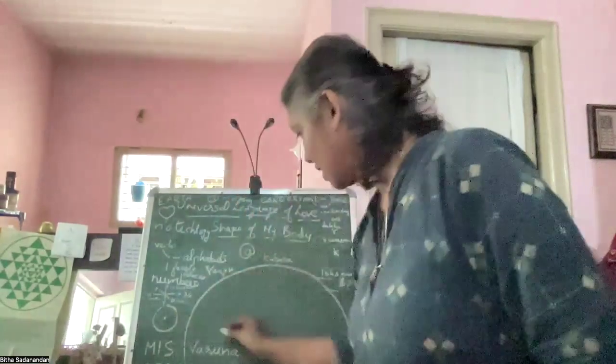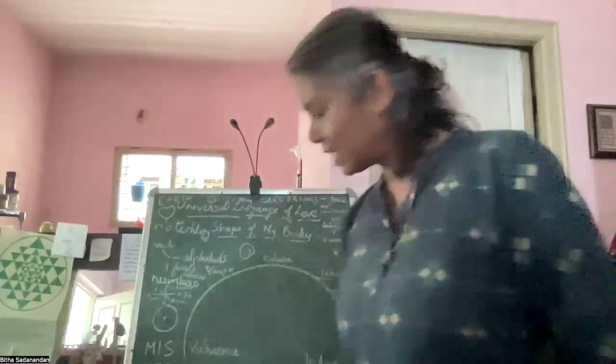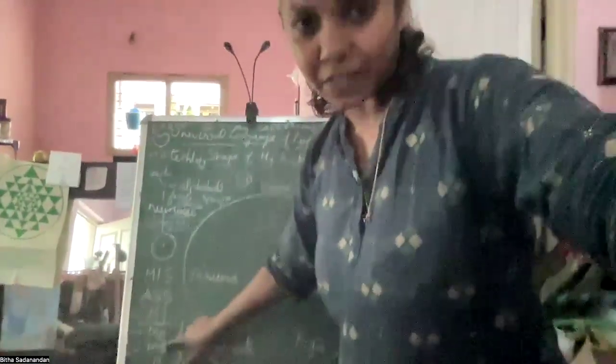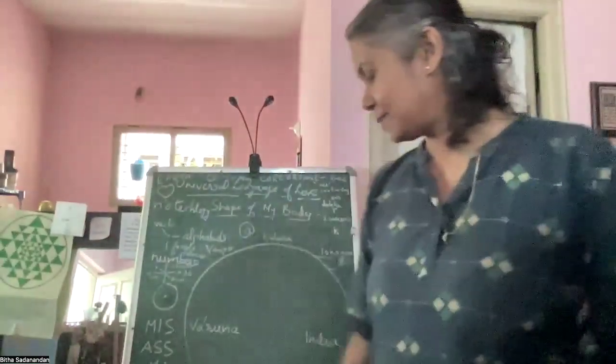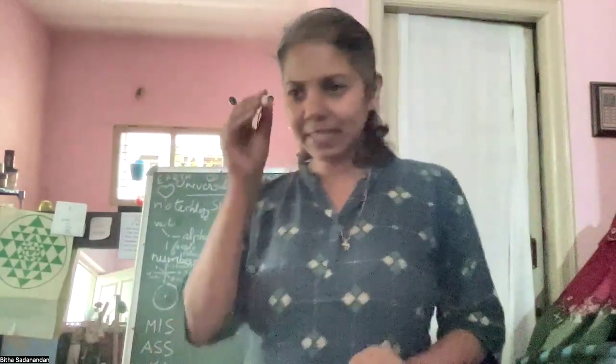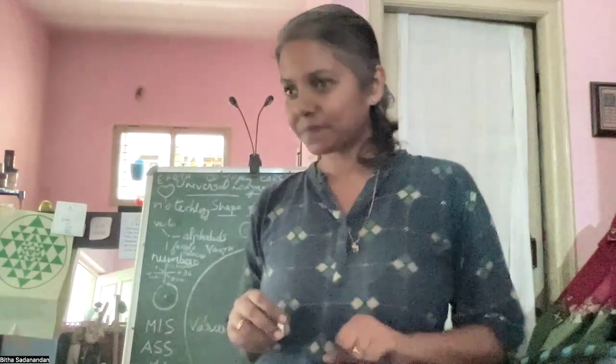Now Varuna needs to be understood. You need to break up the word into two: Va and Runa. Va is like victory. You need to keep the little me and big me together, functioning together. This is like lower self and higher self, or little I and big I. We need to keep it together.